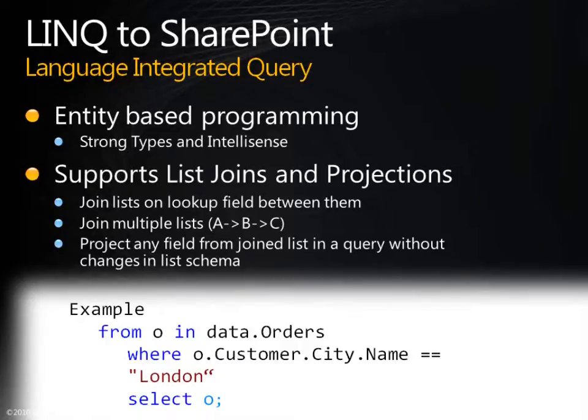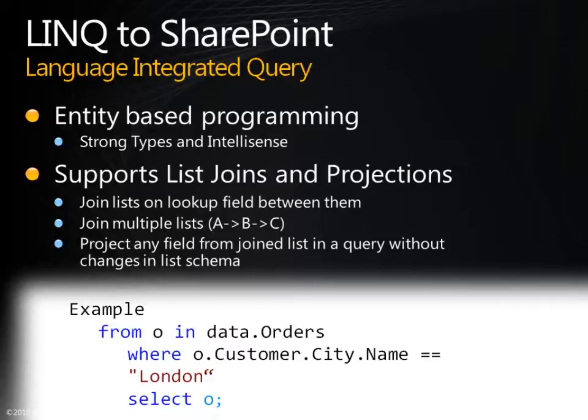The Link to SharePoint provides us a way to write strongly typed queries against the SharePoint information. When we create our queries, we also have the intelligence available to see different options available. Link to SharePoint supports also list joins and projections. This means that you have a strongly typed access also to associated list information which you can use within your